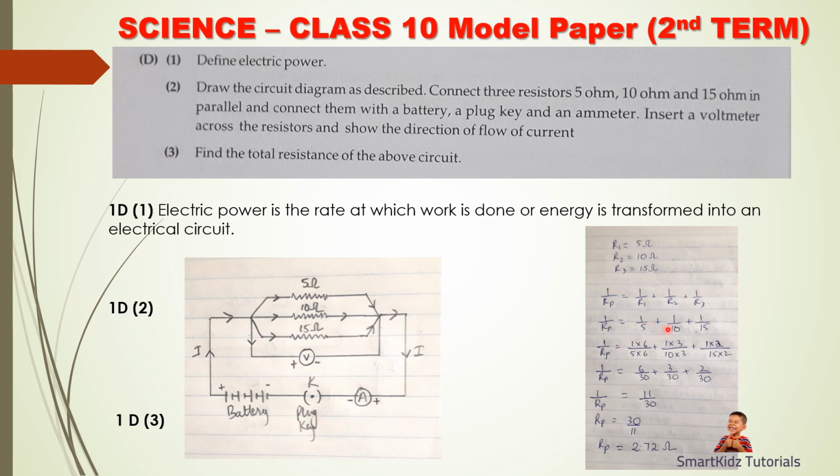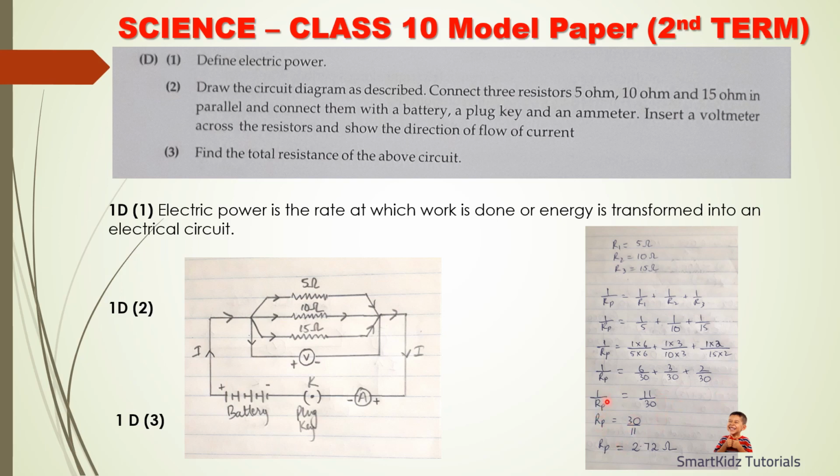And we get 1 upon 5 plus 1 upon 10 plus 1 upon 15 from here. Make sure that their denominators are the same. So if we take the LCM, it comes to 30. So if we need to get 30 in each, we need to balance also the numerators. That is the mathematical part. You should know that. So we get 6 upon 30, 3 upon 30, 2 upon 30. If we add them up, we get 11 upon 30.